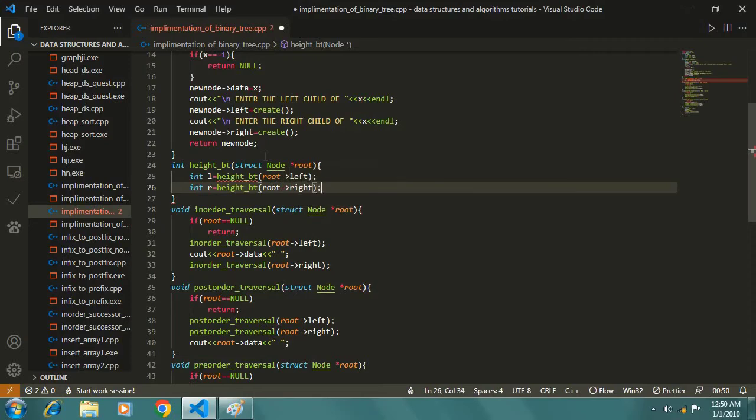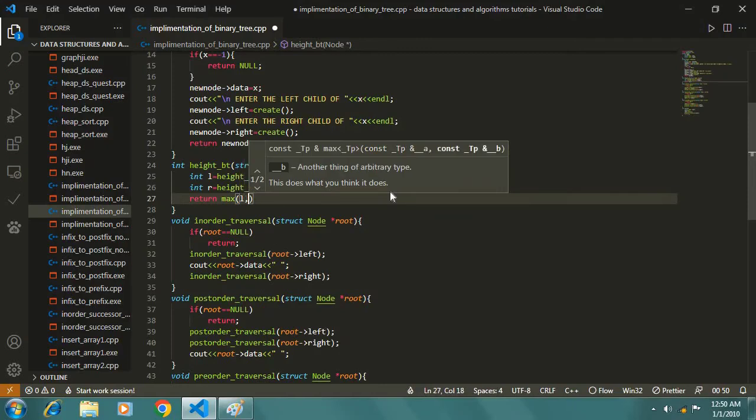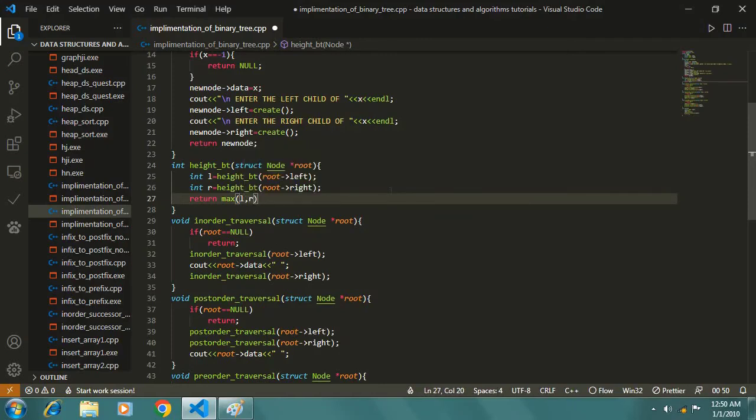So I am calculating the height of the left subtree, then the height of the right subtree, and I will return the maximum of L comma R, whatever the maximum value is, plus 1.